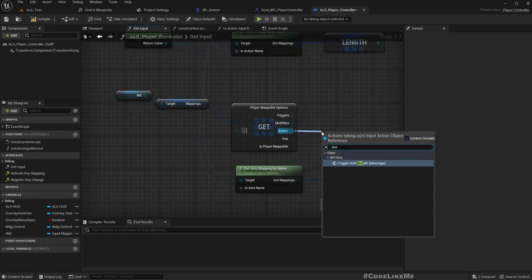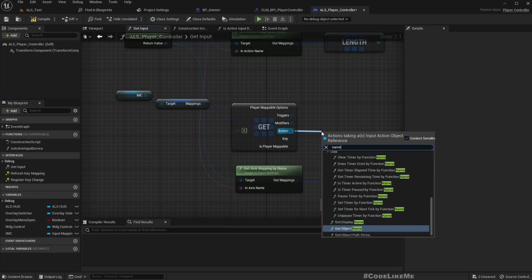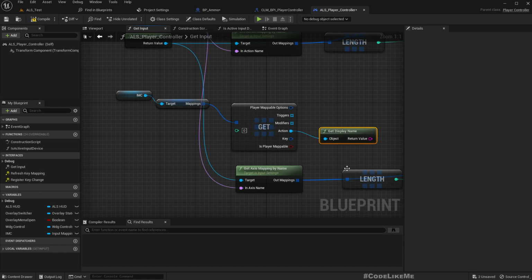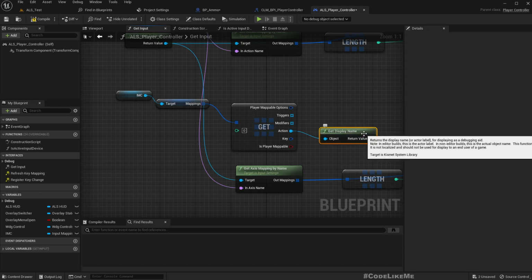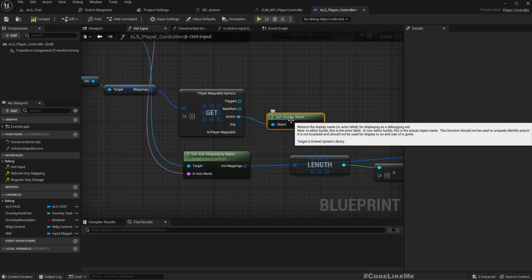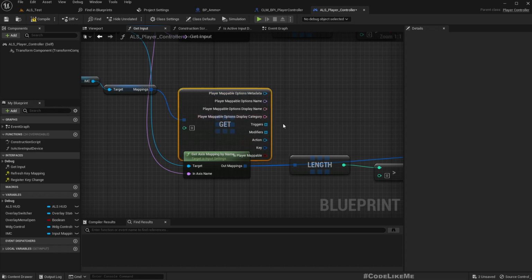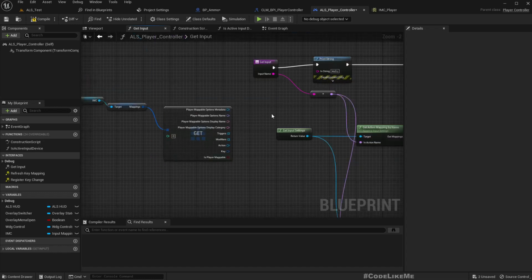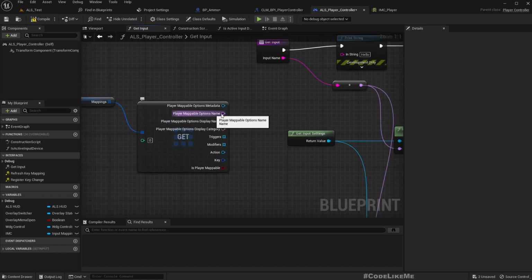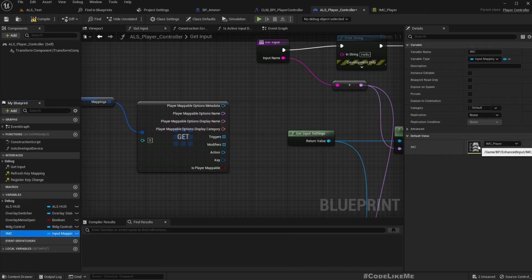Can we break this? No. Name. Yeah, we can get the display name. Okay, no, what about this one? Player mappable options, split. So actually this player mappable option name, player mappable option display name, if I open this